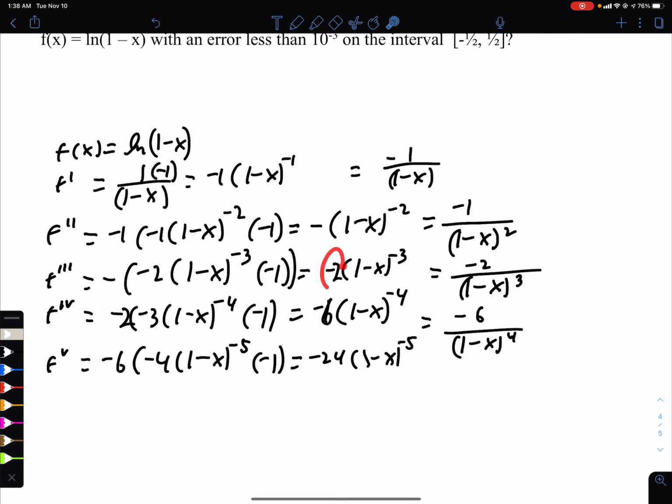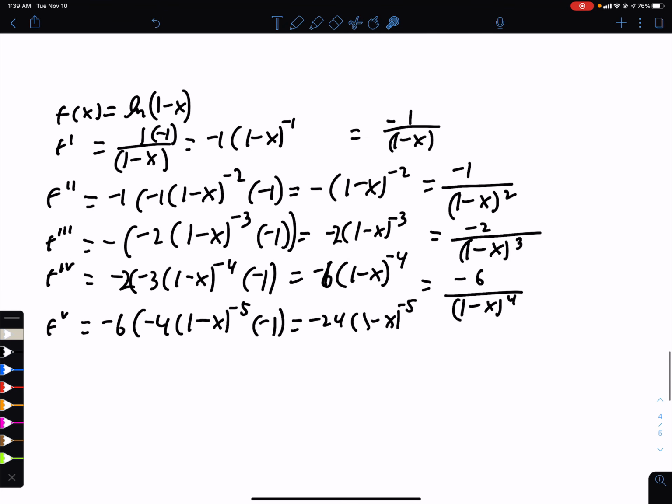Now, if you look at these, those are factorials. Because what we're doing, we're multiplying negative 2 times that 3, and we get 6. Then we take that and multiply by 4. Now we're going to take that and multiply by 5. So if you look at this pattern, the nth derivative